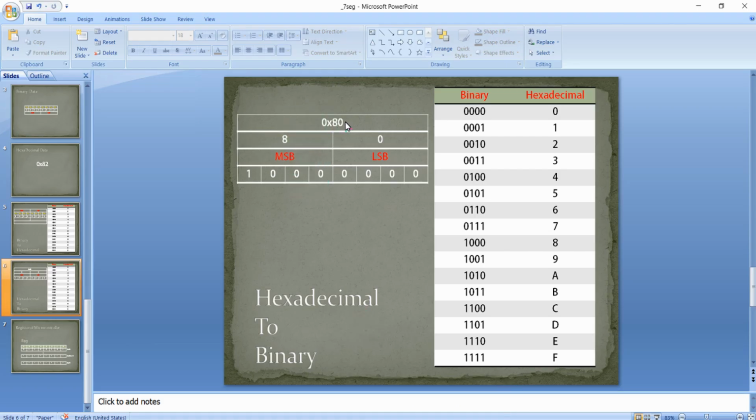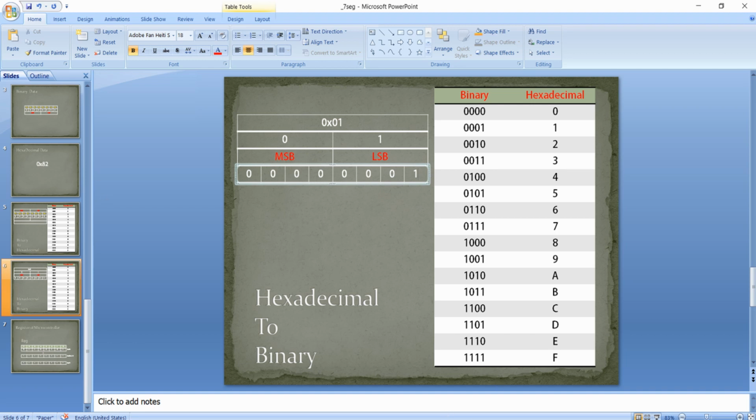And when I write the data 0x01 and convert this into binary, I get 0000 for the 0 MSB data and 0001 for the 1 LSB data. So now you can see I will get the 0th bit lighted.